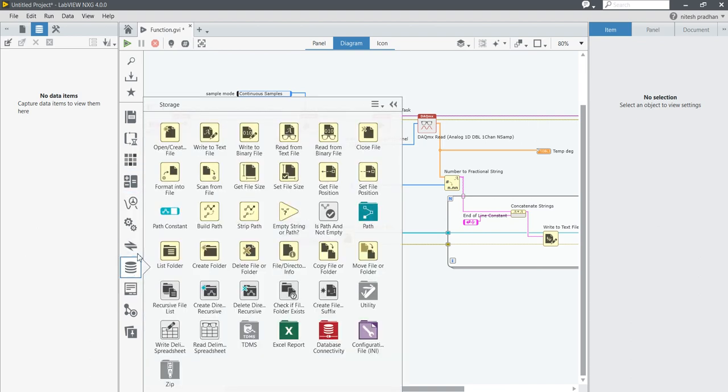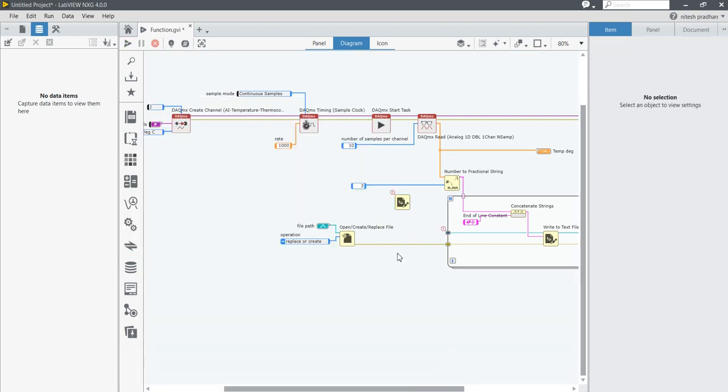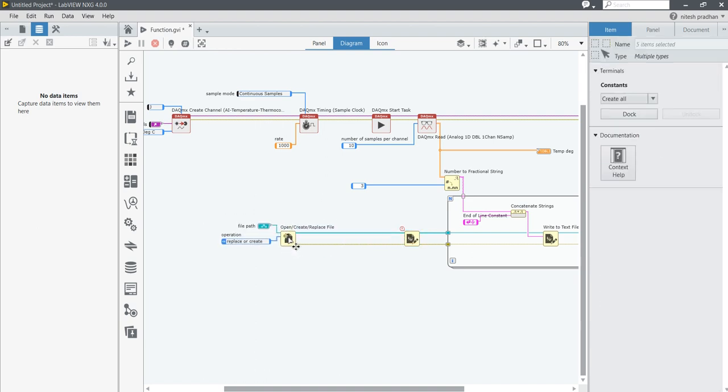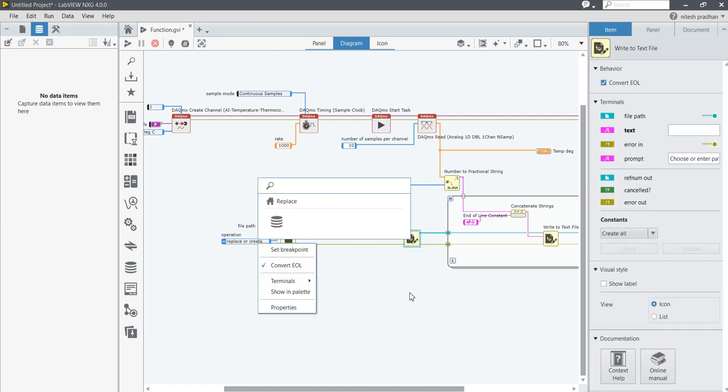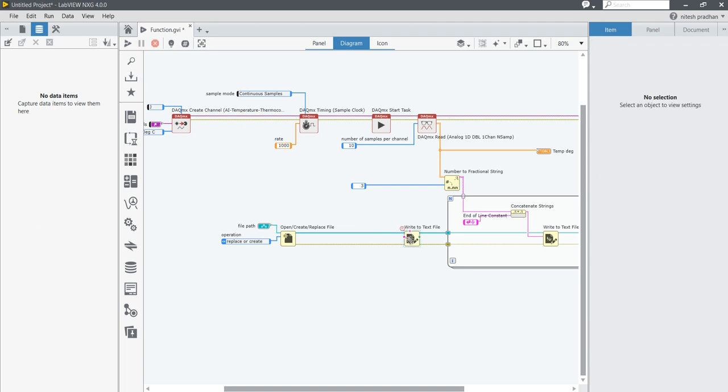Here I am going to do one more thing, definitely you will like it. Come into the storage, Write to Text File, delete this program first. It's refnum out, error out, refnum in to the refnum out, error in to the error out. Open the label. Now here I am using this Concatenate Strings function completely.